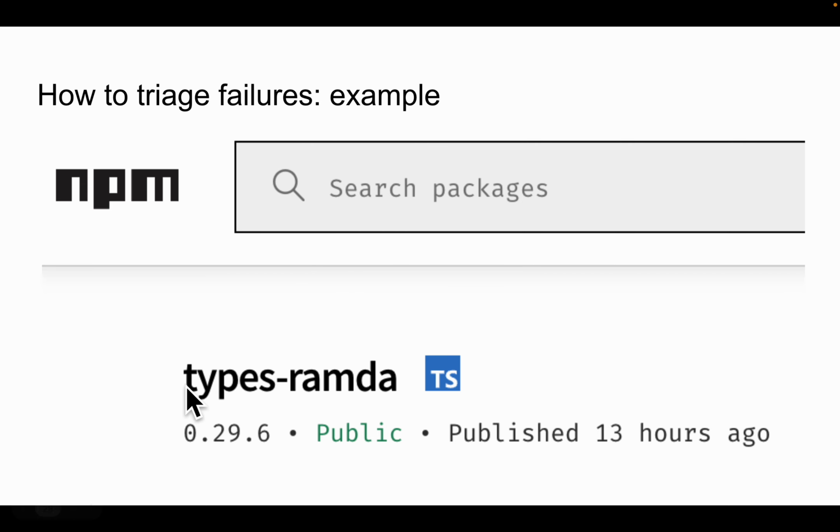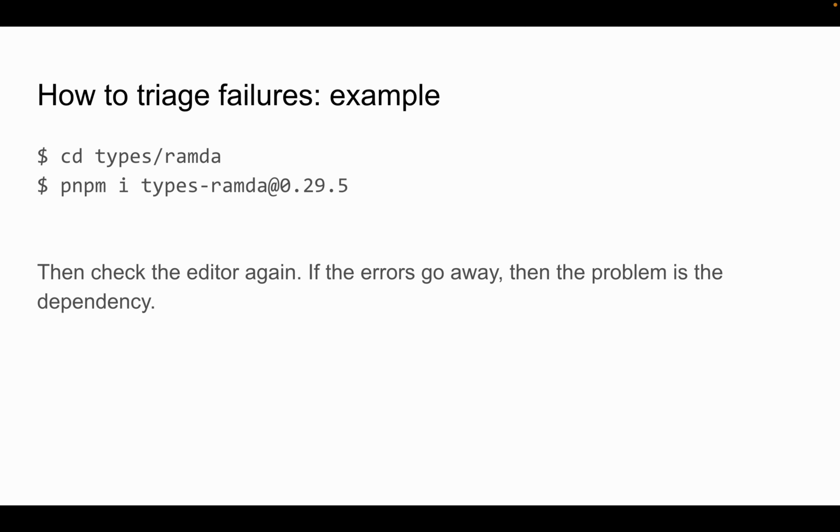Look up types-ramda on npm, and in fact, 13 hours ago, 29.6 was published. So when you see something like that, then it becomes very likely that an external dependency is the cause. Let's confirm it though. How you do that is you go into the DefinitelyTyped repo, cd types/ramda,